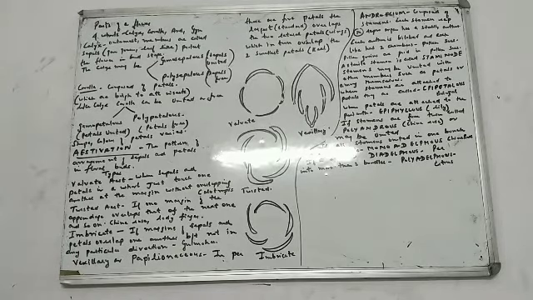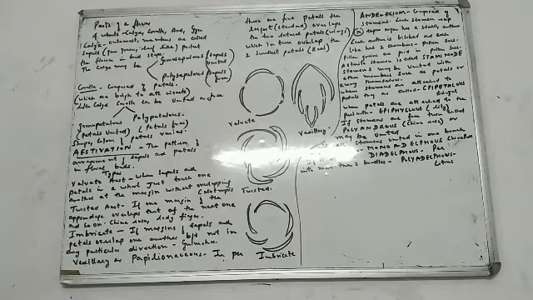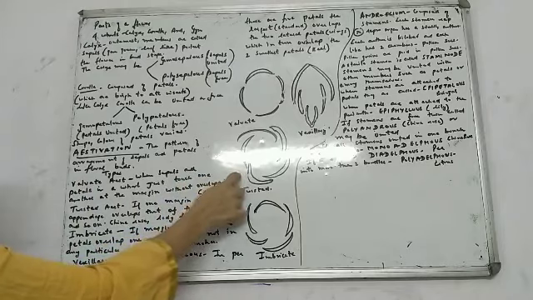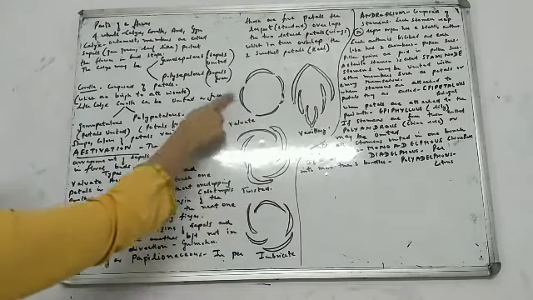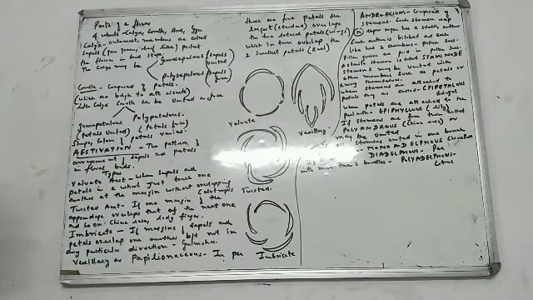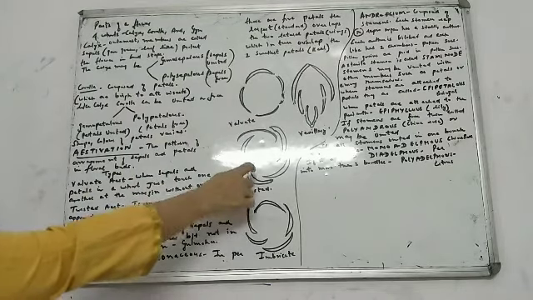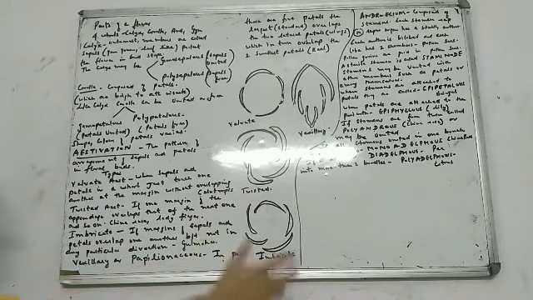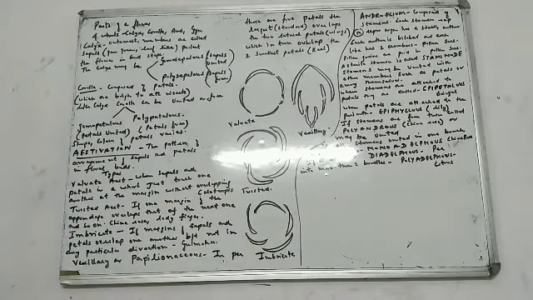Poly means free. So if it is polysepalous, sepals are free. Polypetalous, petals are free. Estivation is the arrangement of sepals and petals. Different types of estivation: first is valvate. Sepals and petals just touch each other at margins, but there is no overlapping. This is valvate. Then we have twisted, where one margin is overlapping. Imbricate: margins are overlapping but not in any particular direction.